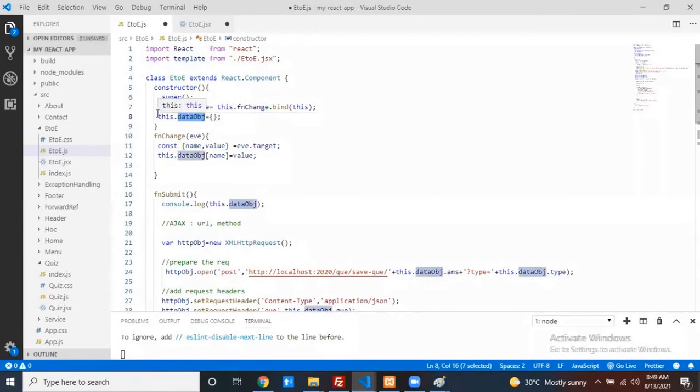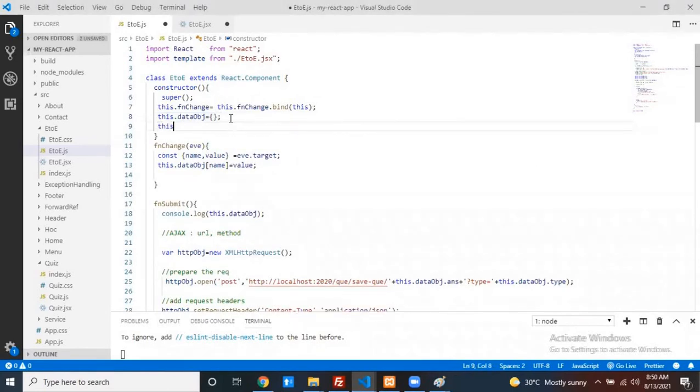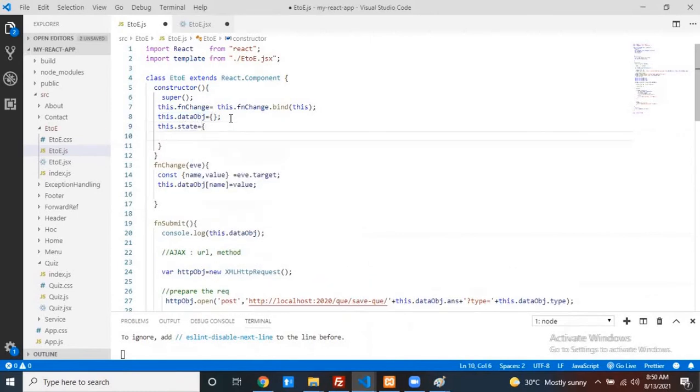Then this.data object should be changed with what? It should change to a state variable or not. Can we change it like a state variable? Okay, do that. Now come here, how can we write it? My this.state equals this.data object, changed into a state variable. Come on, my data object. It's done.